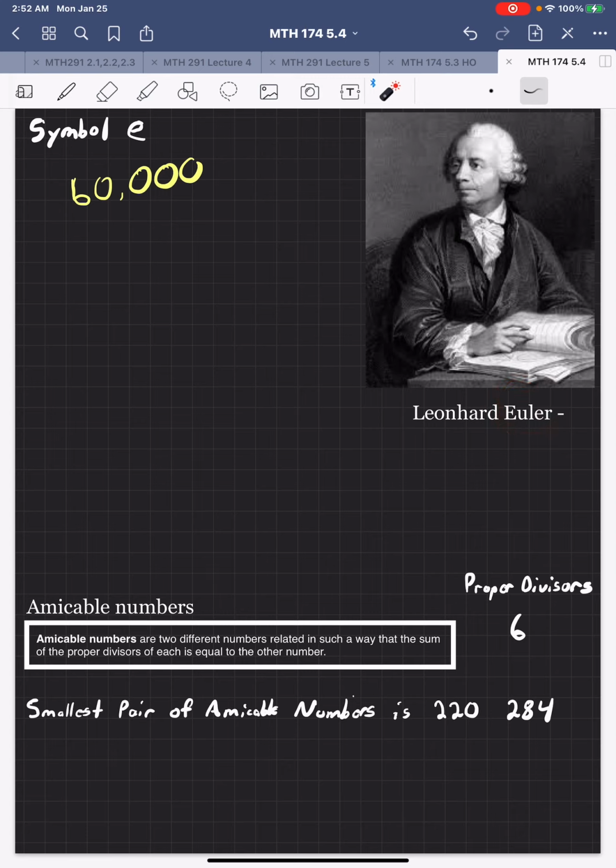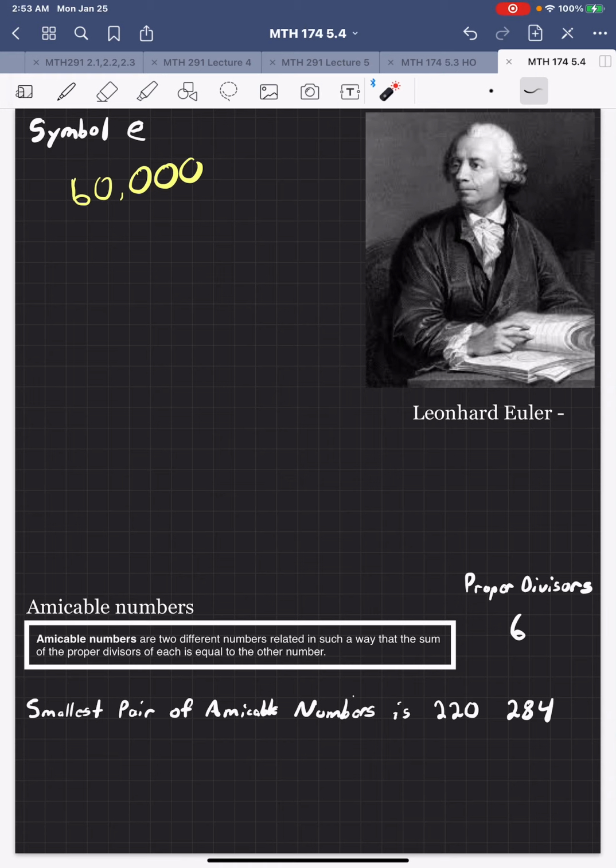I think at least 100 math definitions are named after Euler. And in fact, the symbol e, which is what we saw on the previous page, was first used by Euler. Now, the sheer breadth of his contribution is insane enough. To kind of give you a little bit more of a backdrop,